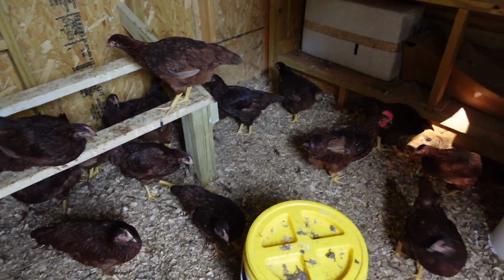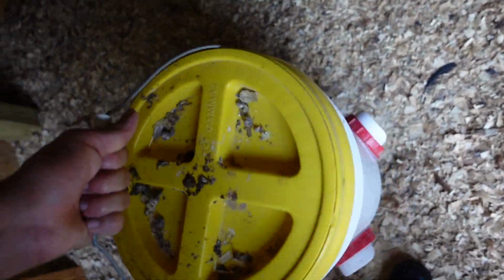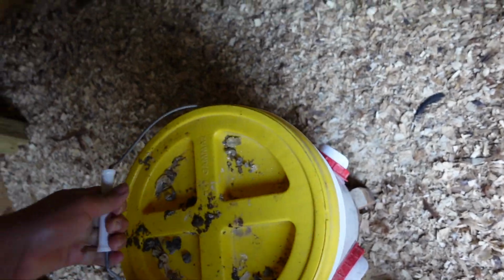I don't know, how old are these birds? Maybe 12 weeks? I can't remember quite. But they go through about one of these in a week. It's a 5-gallon bucket. I don't know how much food that is in weight, but...